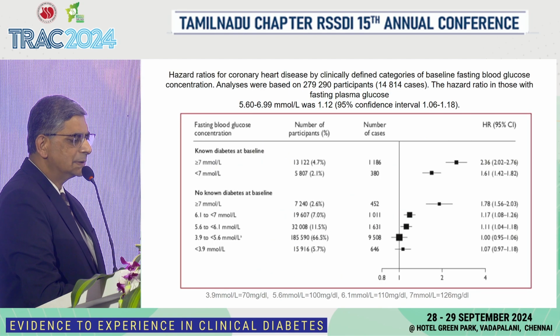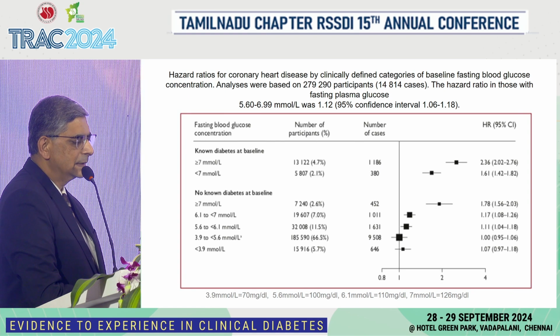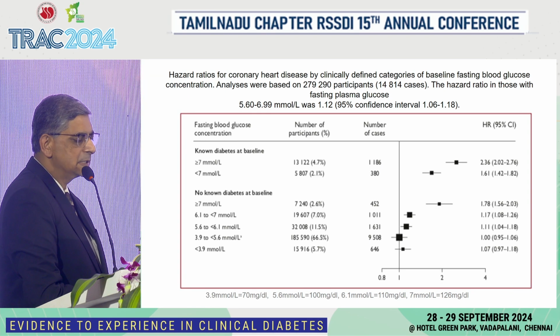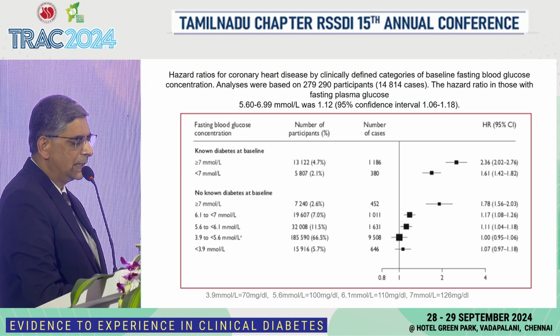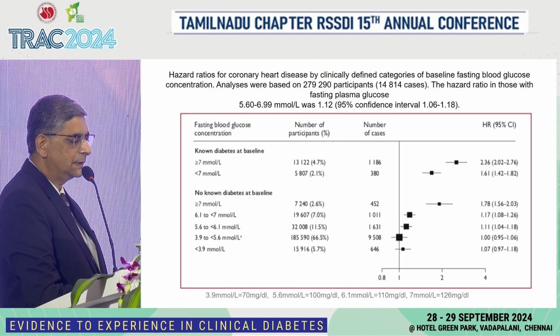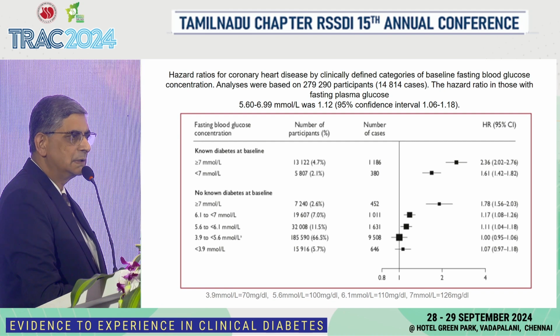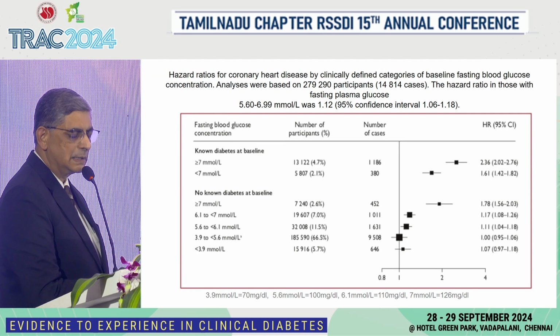Now, this was also looked at in another paper, and you clearly have the evidence in this forest plot that if you have diabetes of more than 7 millimoles, that's almost overt diabetes, there's an increased risk. But look at the lower section where there is no evidence of diabetes at baseline. Here you're seeing gradual elevation of the A1Cs, and you find on the forest plot that as the A1C tends to increase, the incidence of cardiovascular disease also tends to go up, along with the hazard ratio increasing for all-cause mortality.